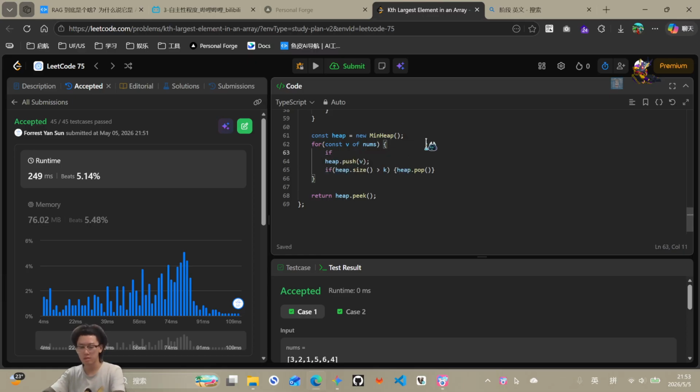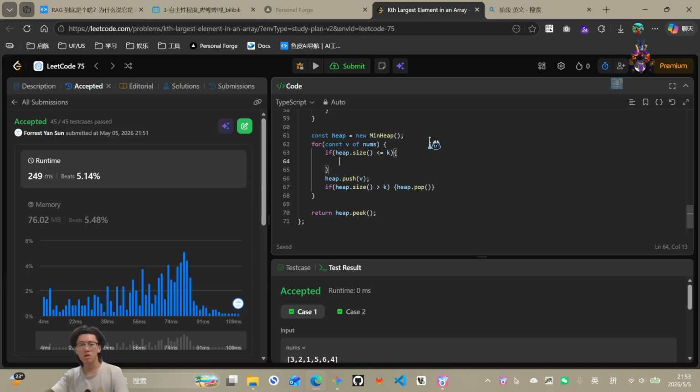So first stage is this one. Oh yes, the size should be in the outside of the peek, smaller or equal. Oh, smaller than push, equal not push, but else